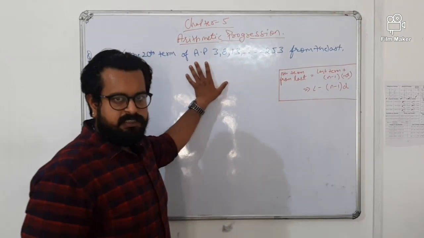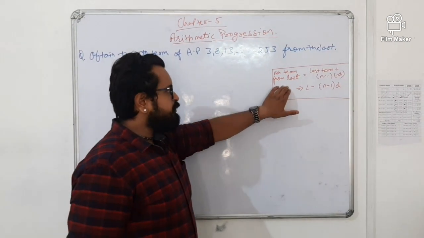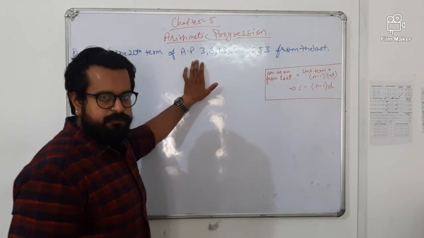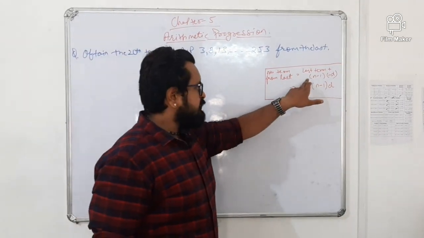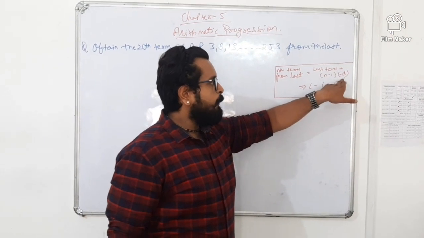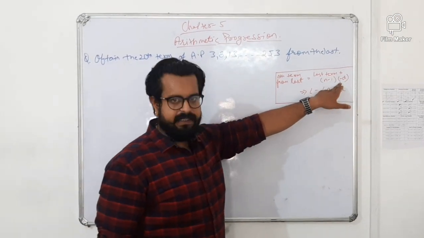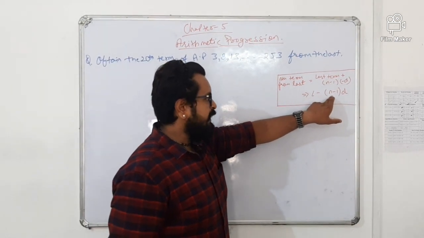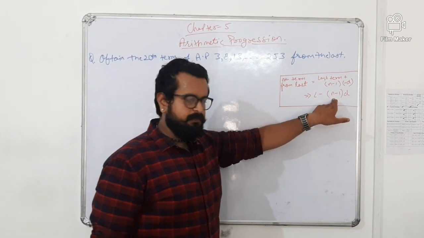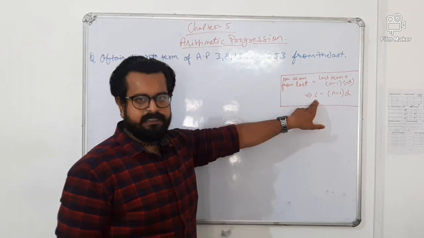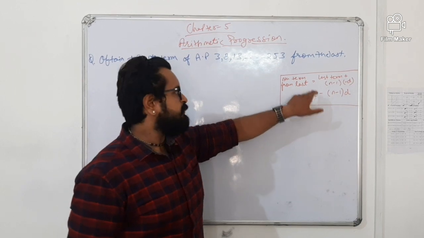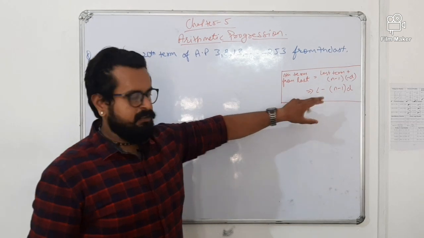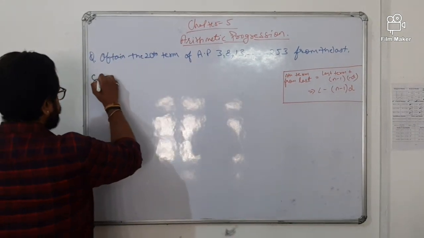So before starting the solution of this question, I want to give you one formula which is used. See, the nth term from the last. If we are solving this type of question, a particular formula is there. Last term plus n minus 1 into minus d. The d will be negative here. So finally the formula will become L minus n minus 1 into d. N is the number of terms, d is the common difference and L is the term which is given at last. Means the last term which is given in the AP will be the value of L.